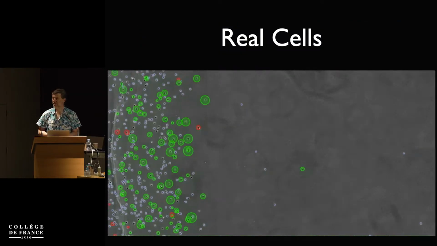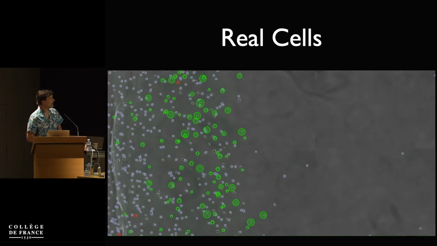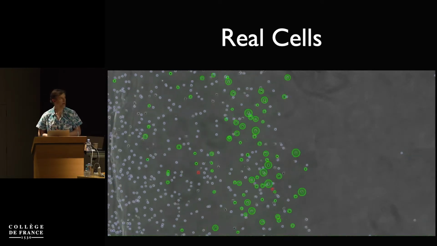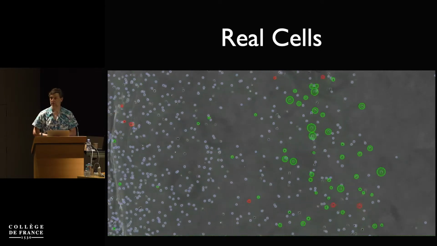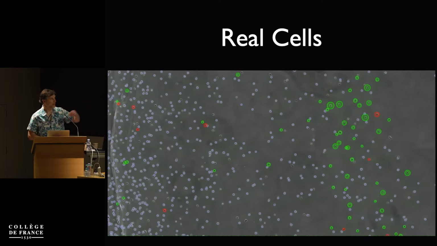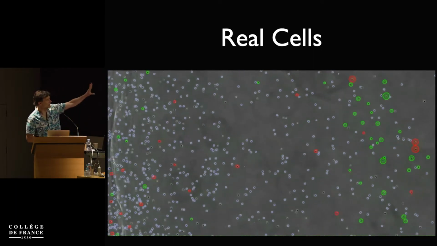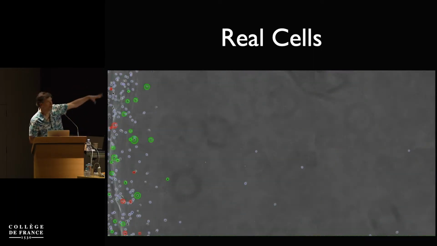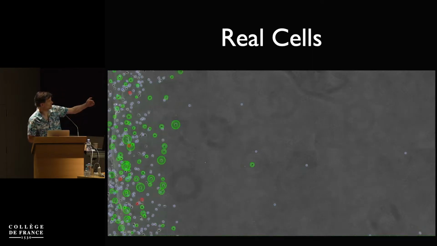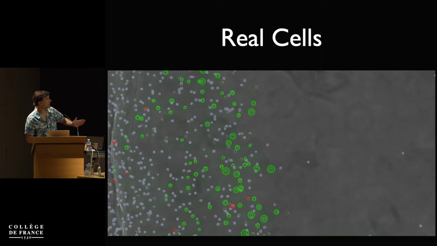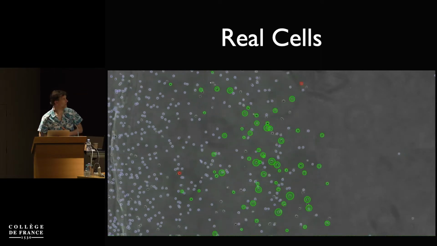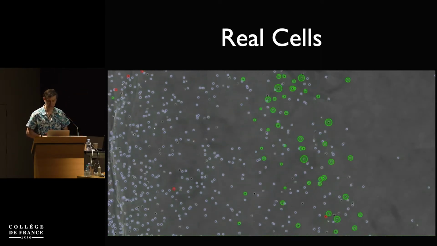Okay, here's some real cells. You see exactly the same thing happens with details. These are dictyostelium cells. They will go for miles and miles and days. We can make them go for several centimeters, and they keep on going in this wave. It's a bit noisier here. You see the computer following them and marking the cells in green if they're doing positive chemotaxis, red if they're going backwards. And you see, again, this wave at the front, and the wave moves and self-organizes.